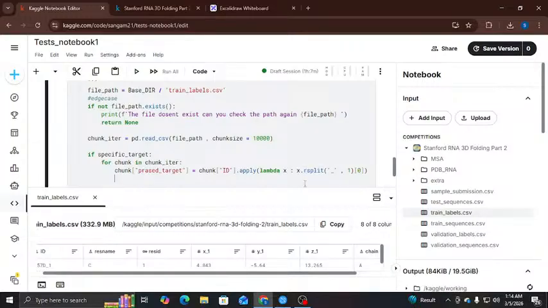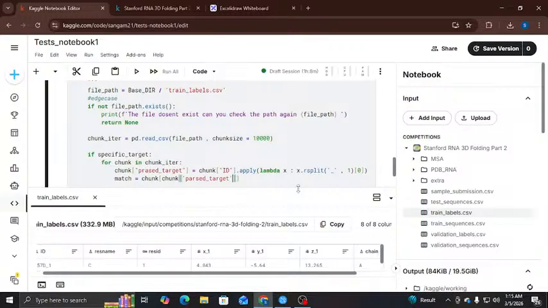Then we are gonna create a match variable that will just return true if our chunk of parse target is